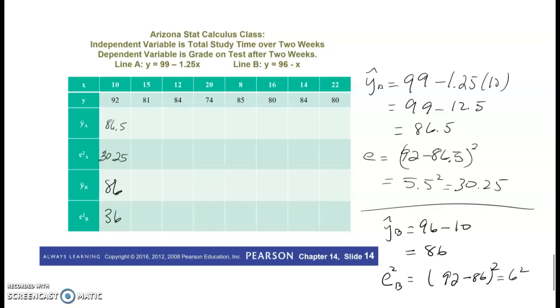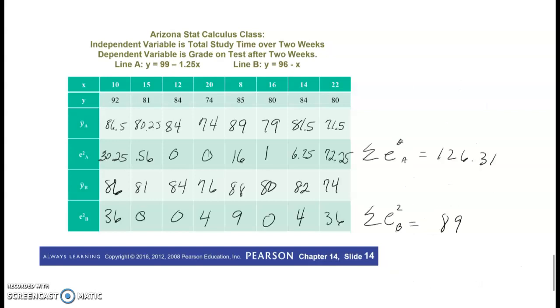I want you to hit pause. I want you to complete this particular table and come up with the line of best fit. So here you can pause the screen again and take a look at what I got. I got the summation of the errors for A to be 126.31, B to be 89. So clearly B is the line of best fit. And in the next video we'll look at what really